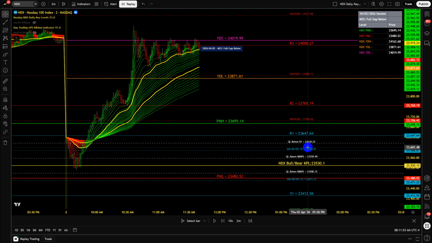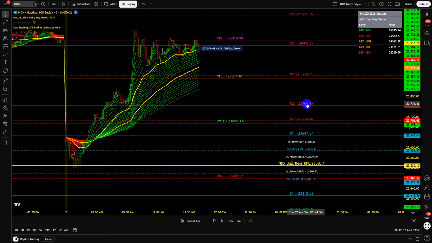If this was a bearish trade instead, then it would be deferring to the lesser priced strike, which in the case of a bearish trade would be the lower strike. The furthest out of the money strike you can consider on this trade is going to be one full level away from the level that you're basing the trade from. So in this case, the R1 bullish trade, one level up, is the R2 level, 23,765.19. So this is slightly over the midpoint between 23,760 and 23,770. So you would go with the